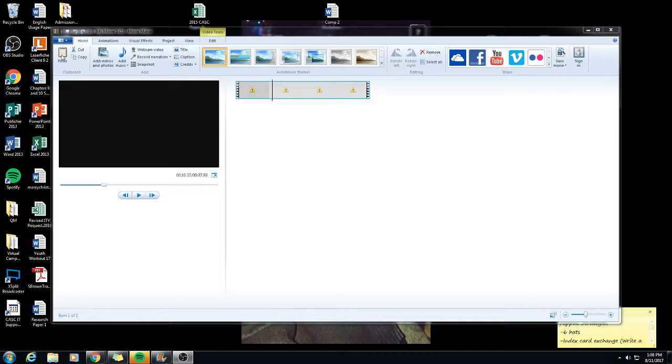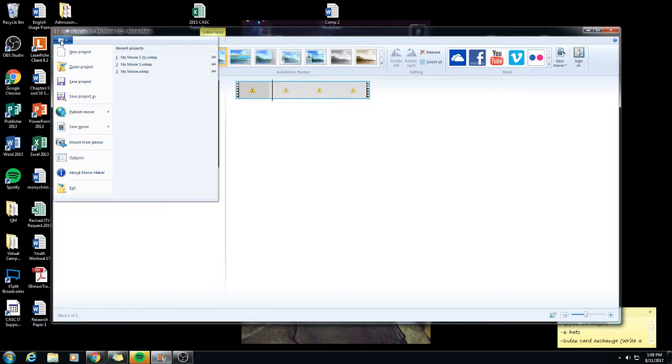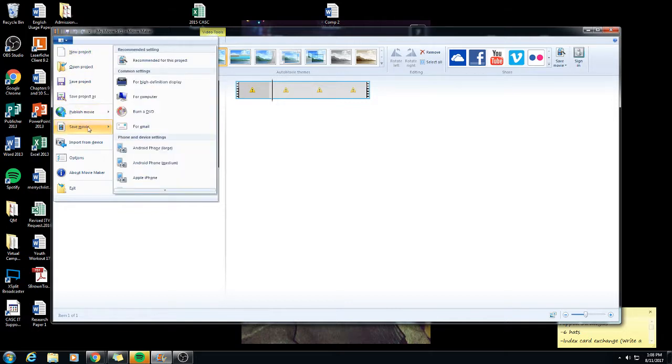It's right above the paste icon. It's the blue thing that has an arrow pointing down. So click on that, and a menu should open up that looks like this. What we need to do is change the format of the video. So go down to where it says Save Movie, and then you'll see over to the right, another list kind of popped up. So go to the recommended for this project